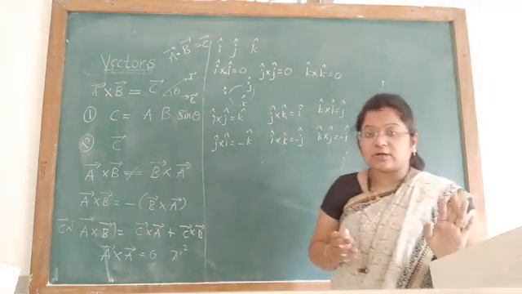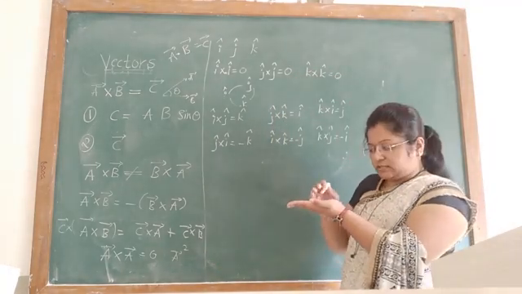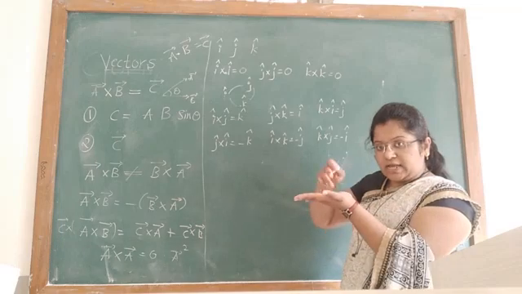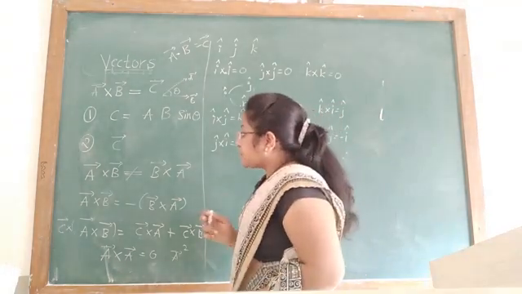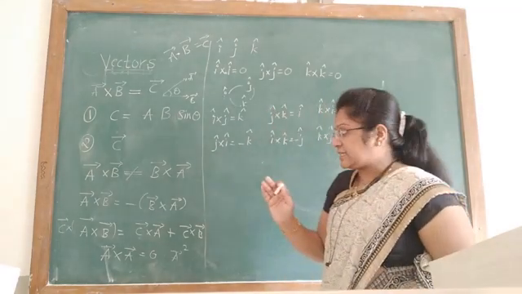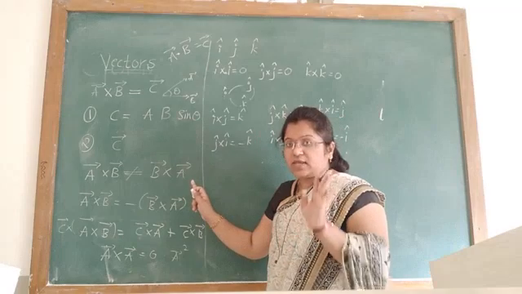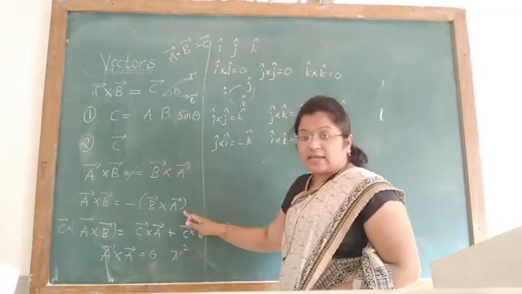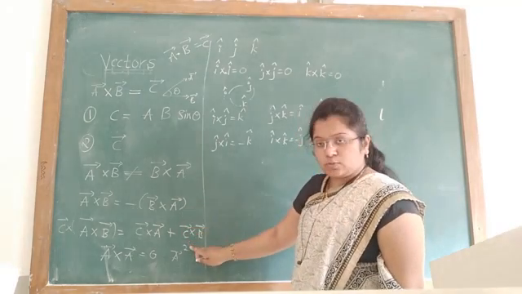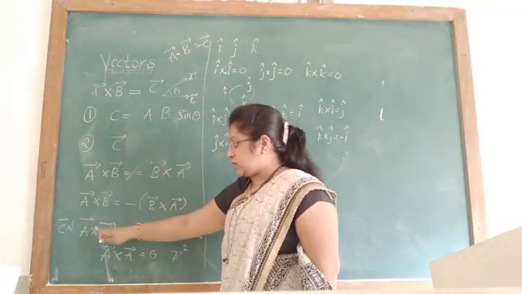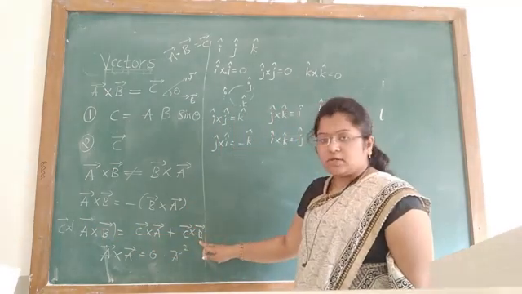Okay, that always concludes as A and B are lying in one plane like this. A and B are lying in one plane and C is lying perpendicular to them. Okay, now we will discuss some rules. Commutative law does not hold good for the vector products, but the negative of the commutative law holds good. So this is the distributive law. When C cross (A plus B) is there, you can write it as C cross A plus C cross B.